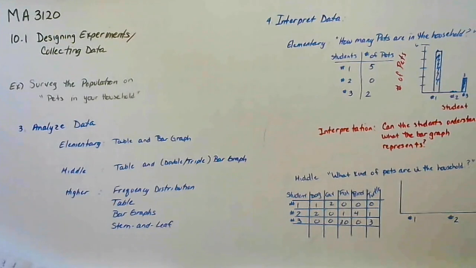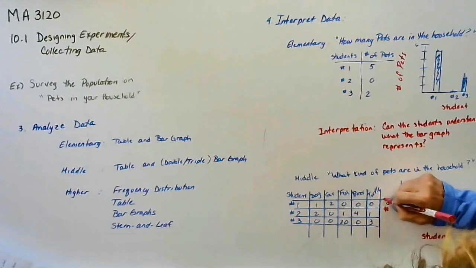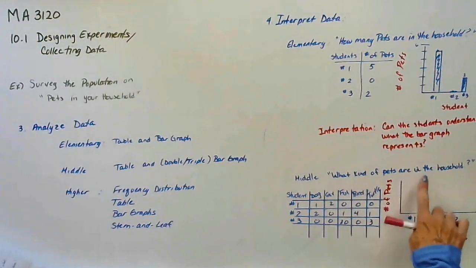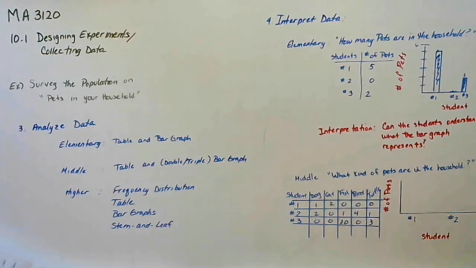And on the side, so here's student. And on the side, we have number of pets. We always have to label your graph. So we have a title of it, and we have what our axes are. And then, since I have a lot of colors, I'm going to do colors. I'm going to say, okay,